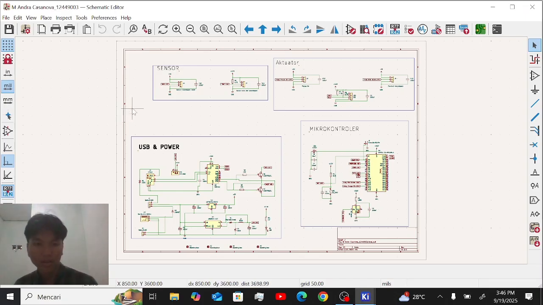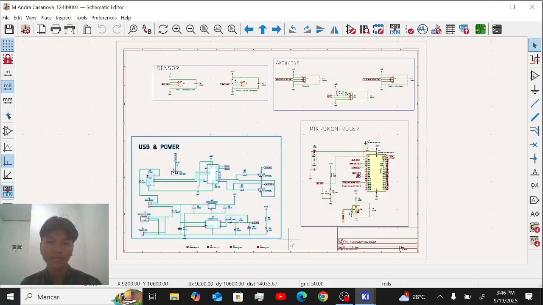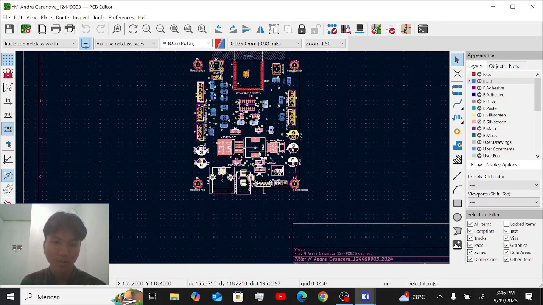We can see the block for USB and power. Two, the simplification for layout. Layout, this is for power. Placement of power